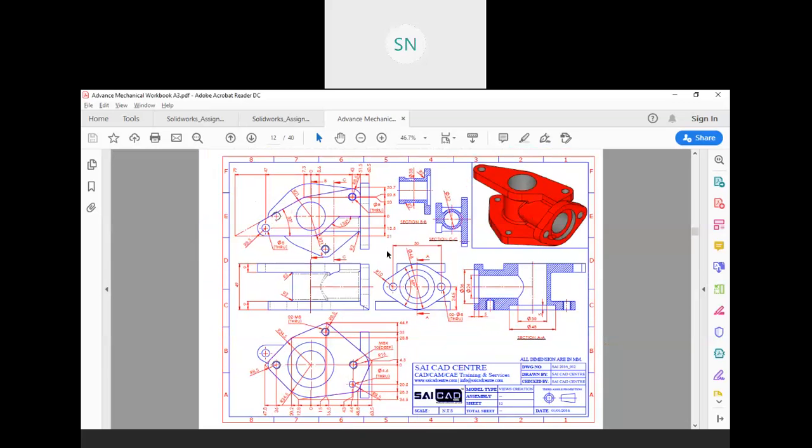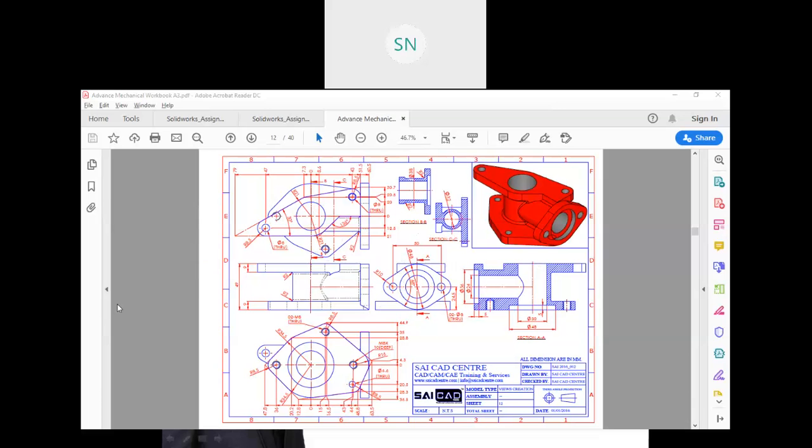For example, this is my drawing. So these all are the views, right? But all your views are going to intersect with each other. So just see over here, if we draw a line connecting these two views, we have a line like this, and if we connect this view, this line like this. So wherever this line is going to cross, you have to consider that this view is your front view. Okay, so this is the first assumption that you have to do. This is your front view.